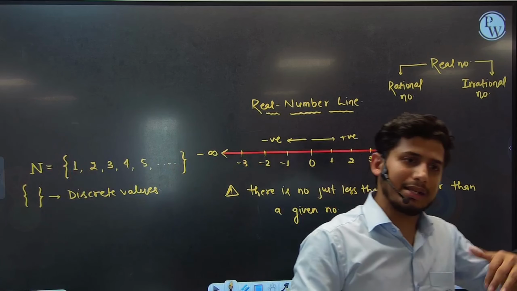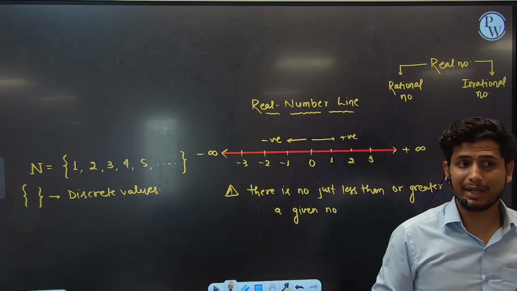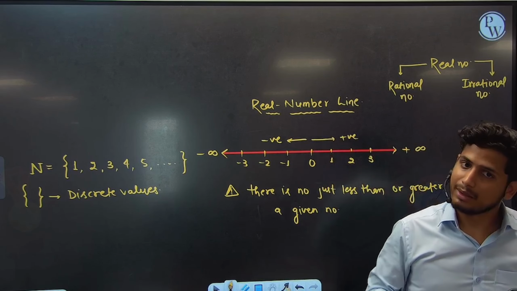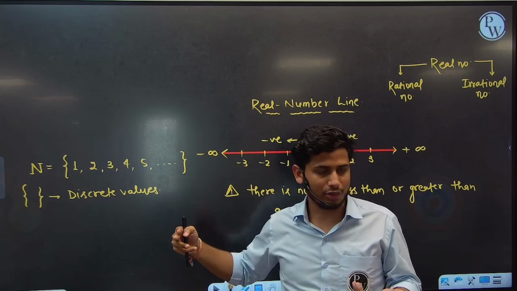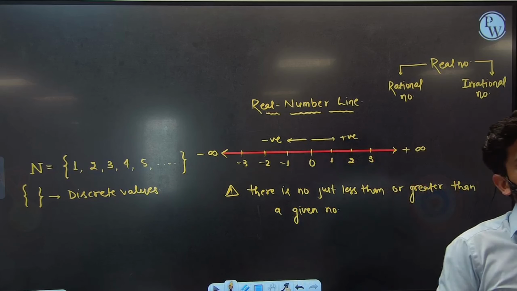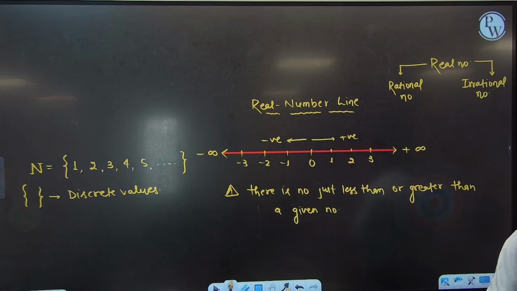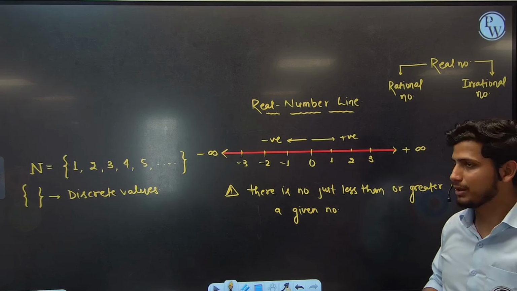0, and just then 1, and just then 10. So which bracket is used? You use the middle bracket, which is called a curly bracket or braces also. Tell me what bracket you use for the integers. Same, because integers have no mid values, no numbers between the given numbers.